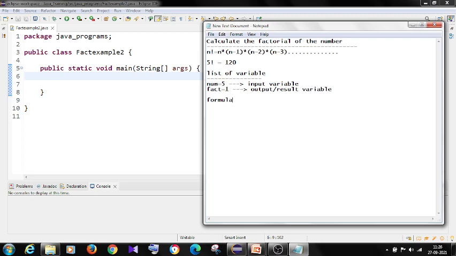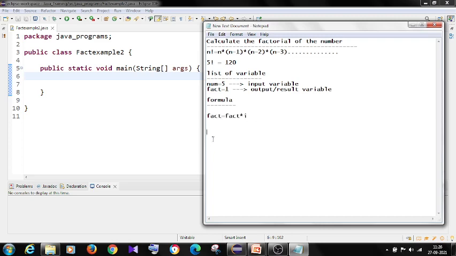What's the formula I'm using to calculate the factorial? The formula is fact is equal to fact into i. I'll explain how exactly this formula works. Suppose I want the factorial of 5, so I have to use this formula 5 times.